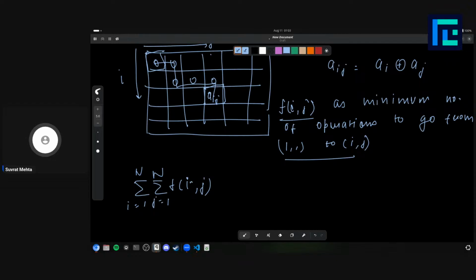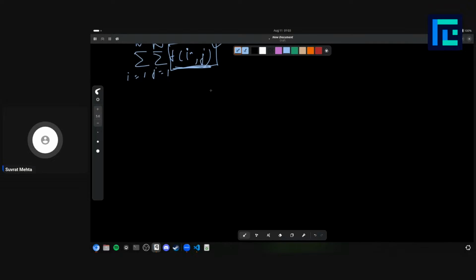So for now, let's just try and focus on finding the value of f of i, comma j. Let's not try to optimize the solution to O of n or O of n log n. Let's just try to think what can be the value of f of i, comma j. So let's just say that